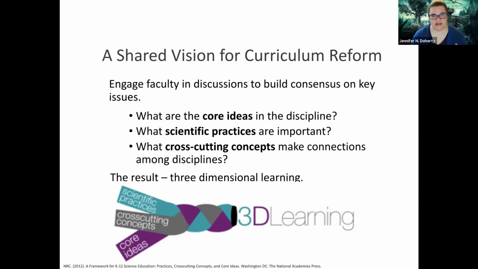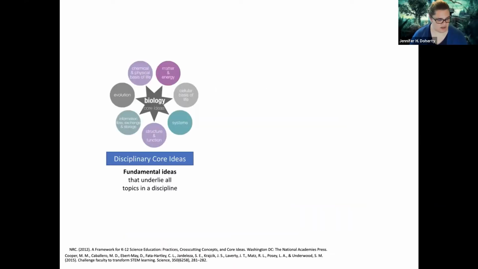So the result, right, is hopefully three-dimensional learning. It's not isolated knowledge, not like, oh, I can memorize some stuff about core ideas, and I know the path through the scientific method. But it's this really interdimensional, interlocked learning where you can use all of this knowledge together to really explain a complex phenomena. And so Diane, do you want to, oh, there it is. It's a little higher. Great. The citation there, hopefully you can see it. And Diane, if you want to just take them through this slide.